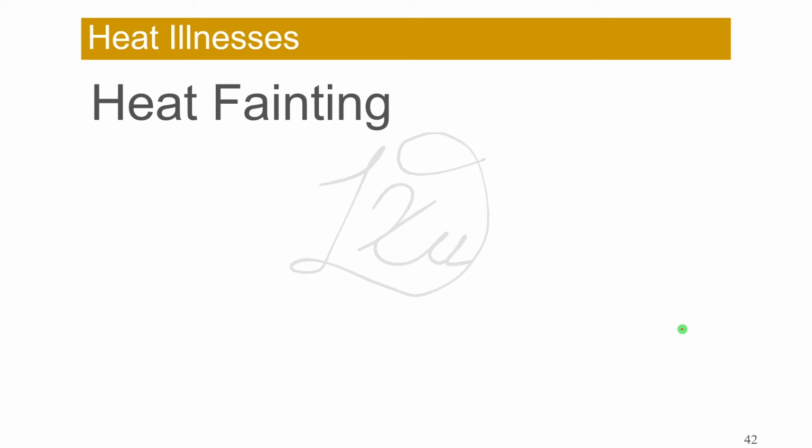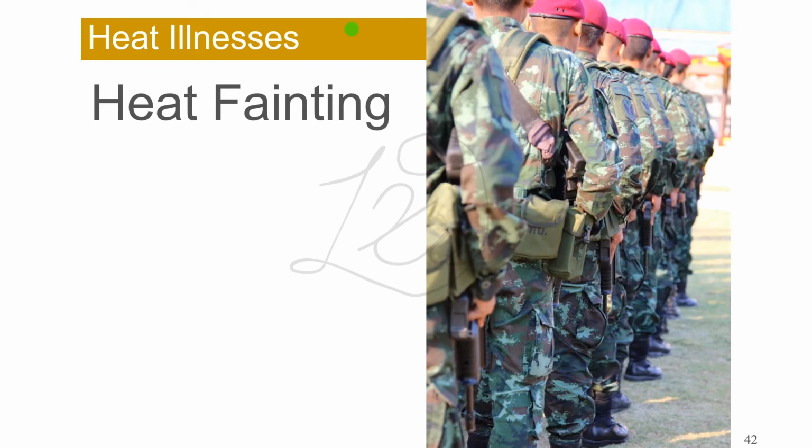Heat fainting occurs when a person stands still for an extended period in a warm environment. Blood tends to pool in the lower parts of the body, causing a temporary reduction in blood supply to the brain, hence a short-term loss of consciousness. A common example arises when soldiers in heavy uniform are required to remain motionless for a long period of time during ceremonial breaks. The treatment is simply to restore an adequate supply of blood to the brain by allowing the patient to lie flat in a cooler area and to loosen or remove clothing.